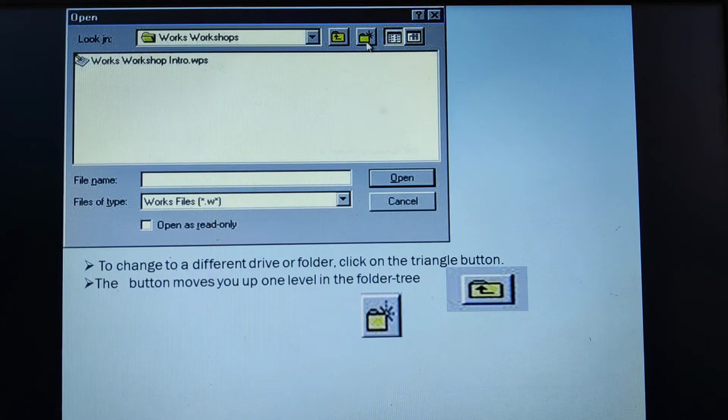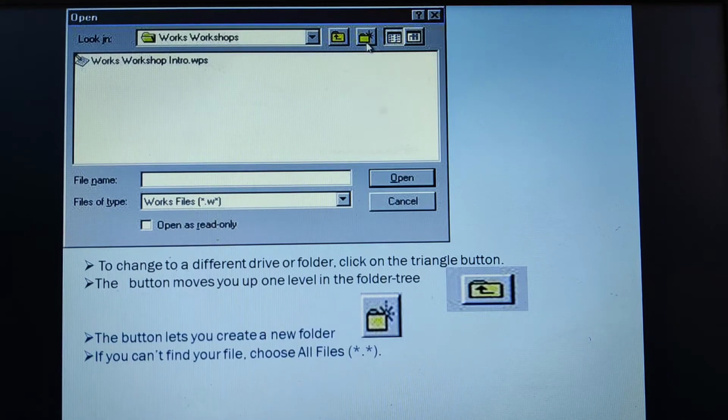The next option here was to create a new folder. If at that particular point you want to create a new folder, then this option would help you to create a new folder. Sometimes it so happens that you know your file is there in the C drive in Sample Pictures, but you don't remember what file name you have given. Then you can go for the file type.